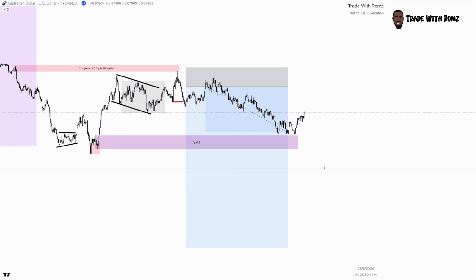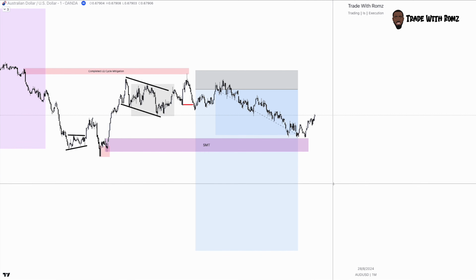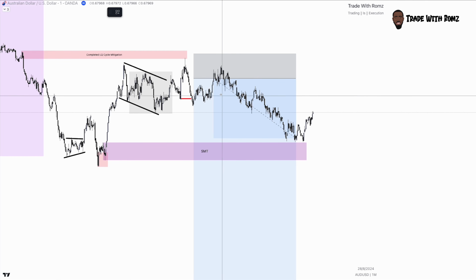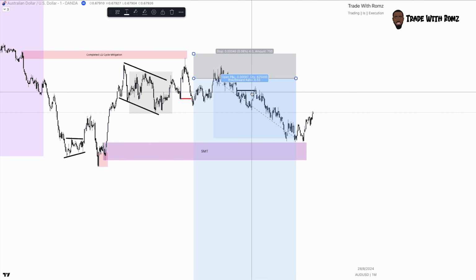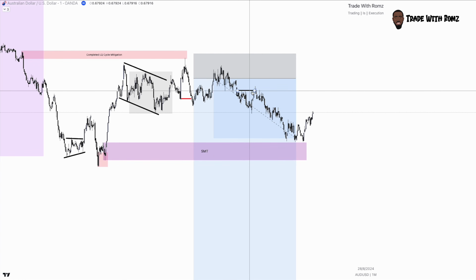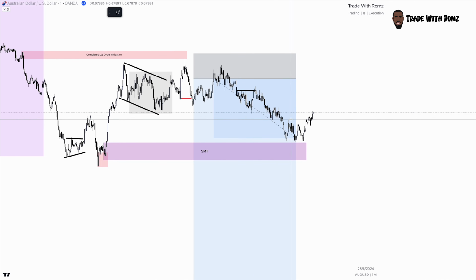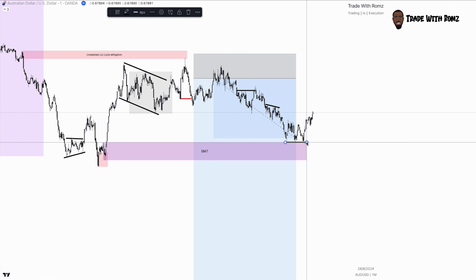So I was looking at this now, and I was thinking, okay, how can I get another entry at some point? And I thought, if I'm still believing that this is going to get taken, any highs that I know should hold shouldn't get ran before this is taken at least. So what I did was I had a look at price action on the M1. I saw that this price had built up, induced, and mitigated here. So that's kind of a strong high. And then we had a break here, and then we had this build up here, build up there. We had equal lows created just before the SMT.